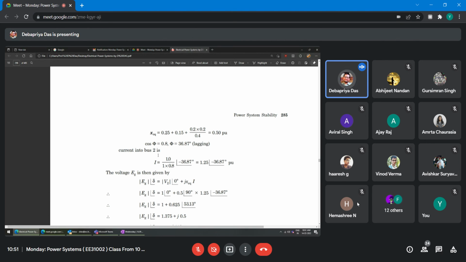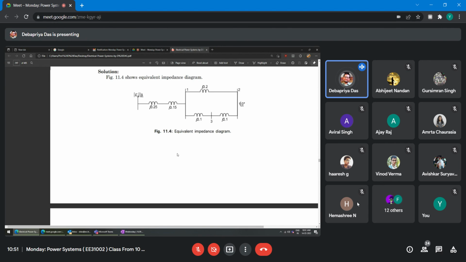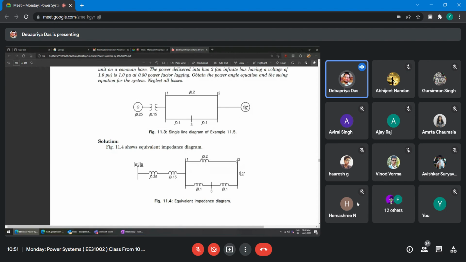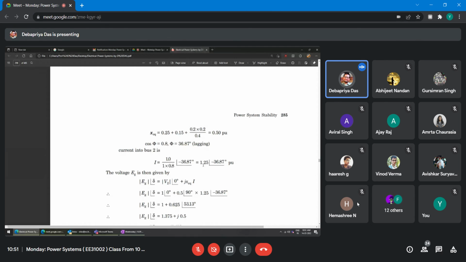Therefore, the current into bus 2, you find out that it is 1.0 divided by 1, because VI, whatever current is going into bus 2, that is actually